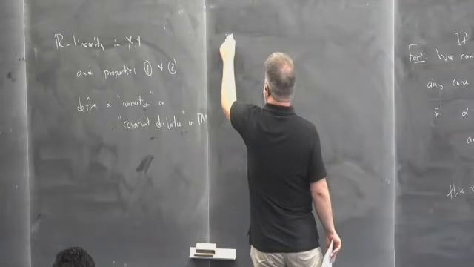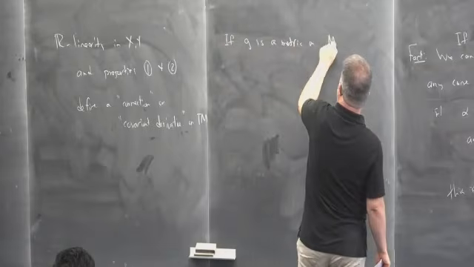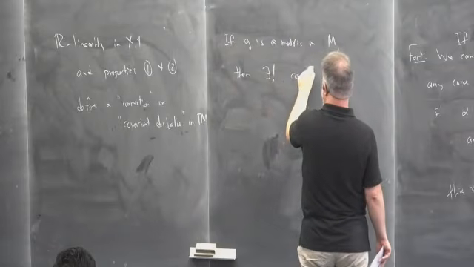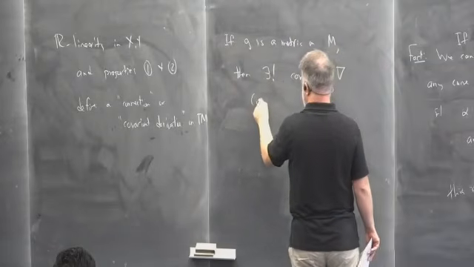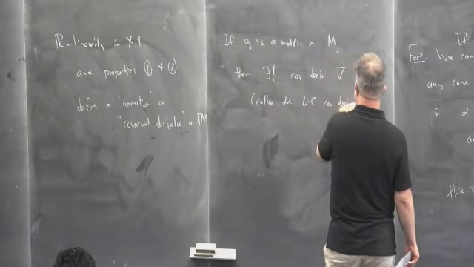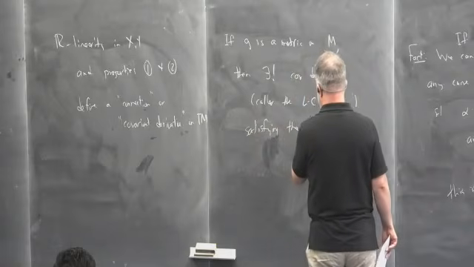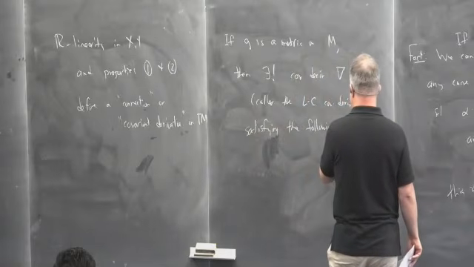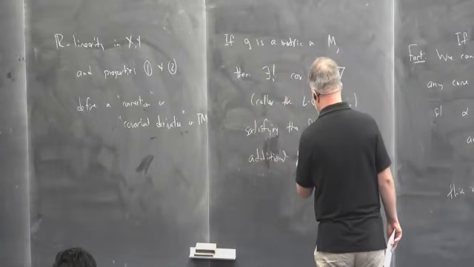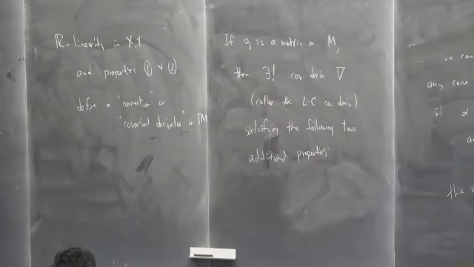So if G is a metric on M, then there exists a unique covariant derivative, nabla, called the Levi-Civita covariant derivative, satisfying the following two additional properties. So the first one